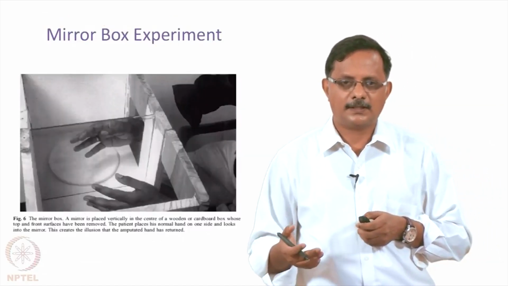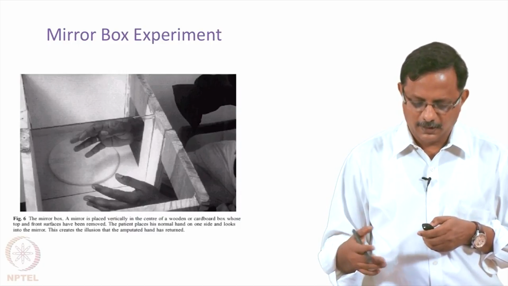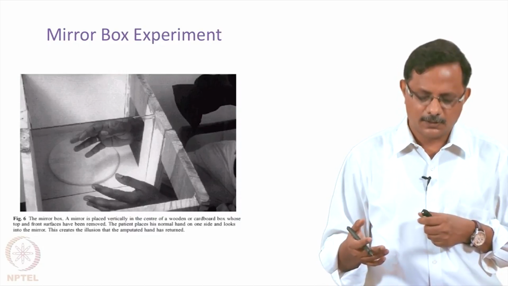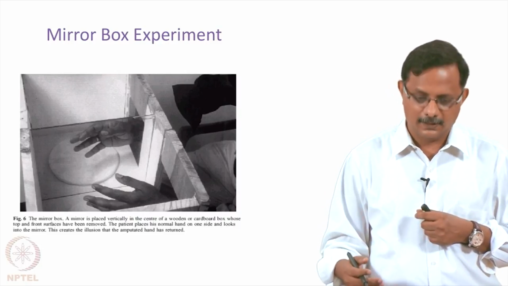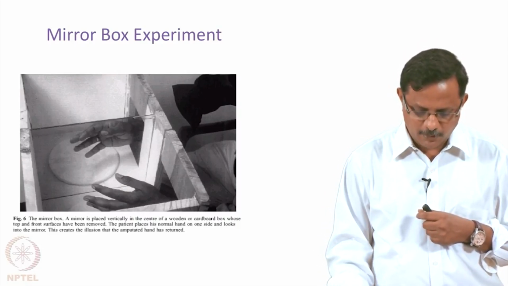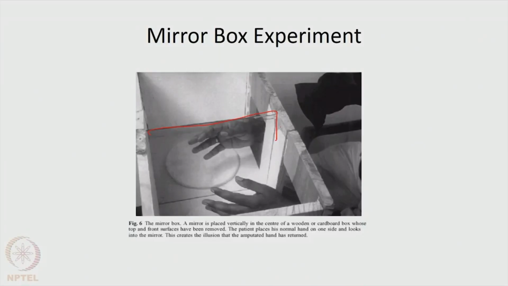So, Dr. Ramachandran suggested a very simple experiment to relieve this situation and relieve the pain. This is called a mirror box experiment. In this experiment, there is a box which has two compartments. The two compartments are separated by a mirror, which you can see here. And there are two slots to the box into which the patient or subject can put the